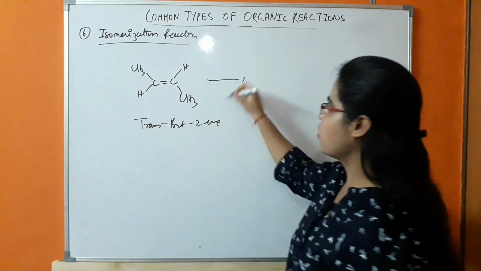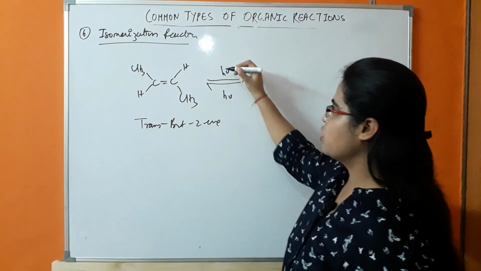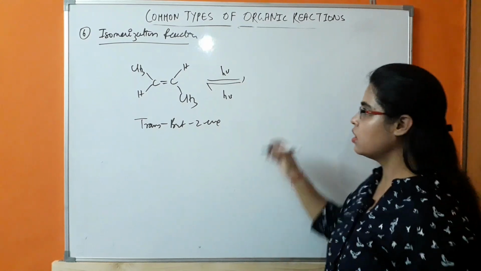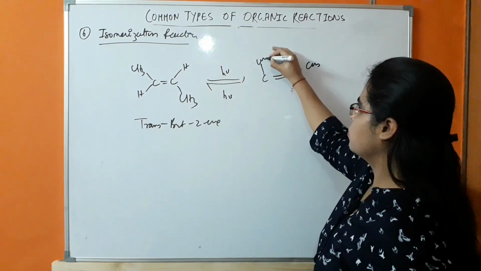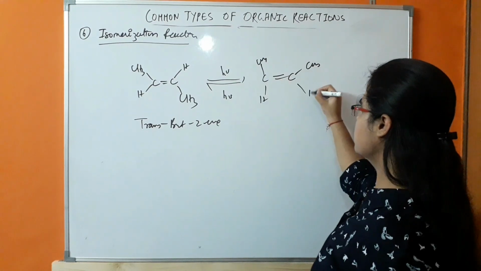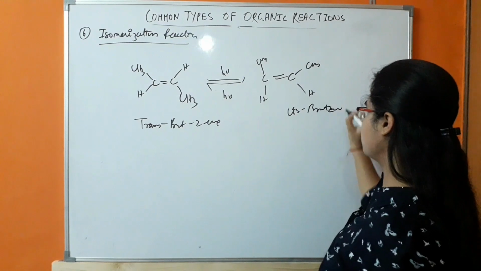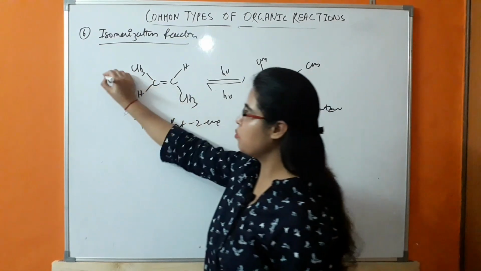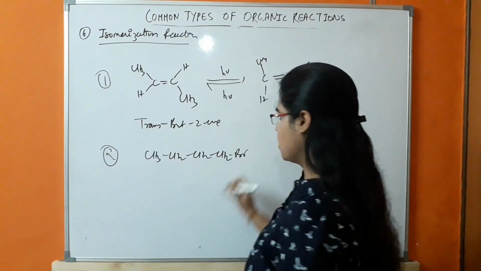trans-butene, which in the presence of light will be converted to each other, that is cis-butene. This is cis-butene, 2-butene. Next example, first, second, Br, that is